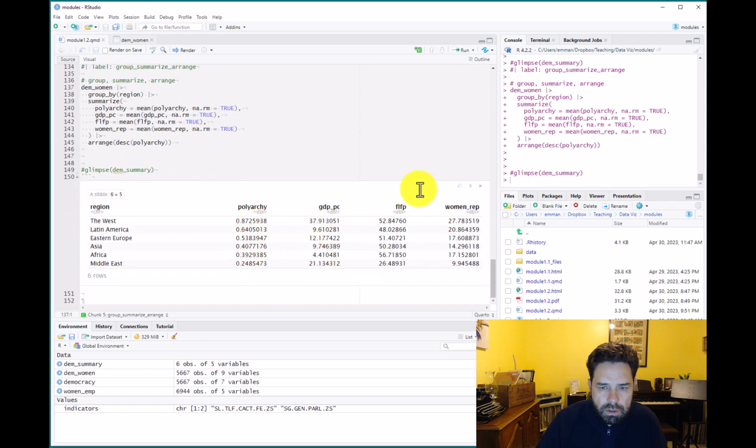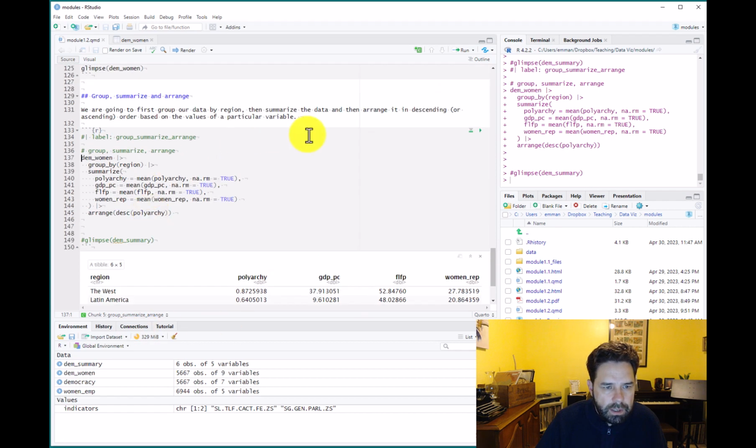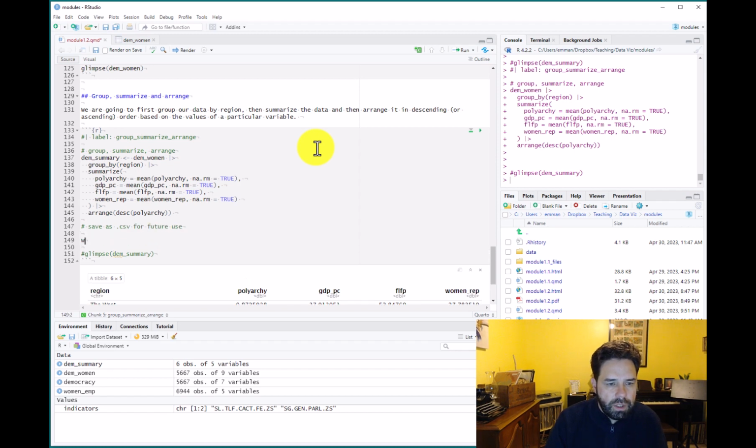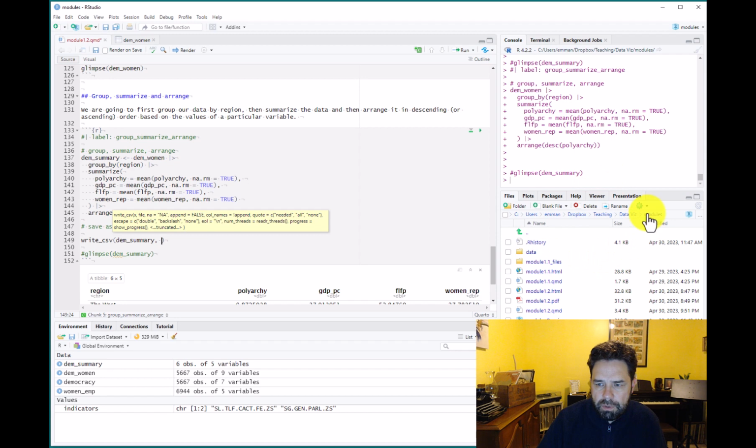And that all looks pretty good. And so let's go ahead and store our new data frame in an object called demSummary. And then we're going to save as a CSV for future use. Okay, we'll do that with the write CSV function from readr. The object we're saving is demSummary, and we are going to save it here to our data subdirectory within our modules project folder. So this is going to be data /